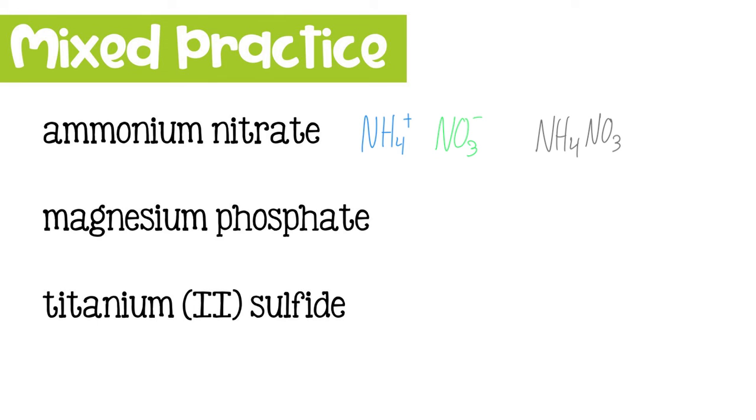Now let's look at magnesium phosphate. Magnesium is Mg plus 2. Phosphate is PO4 minus 3. When we crisscross these, we get